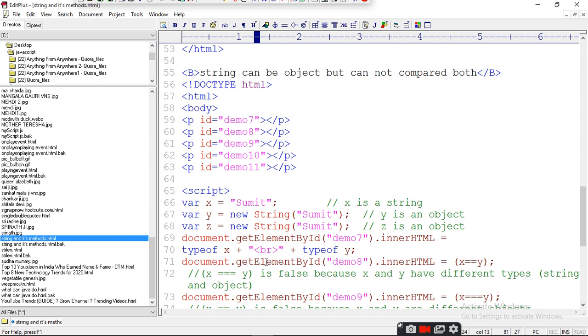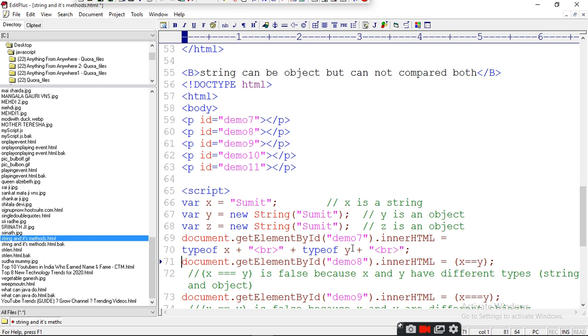Here I have defined three variables: x is Sumit, y is new String Sumit, z is new String Sumit. y is an object and z is also an object. And find out the type of these things. So write here plus. BR is for breaking the line. This is another method through which you can break the line.